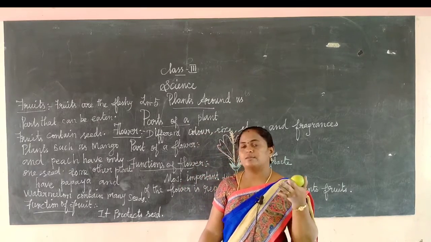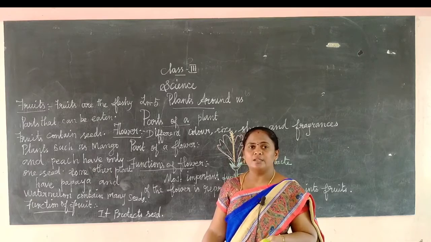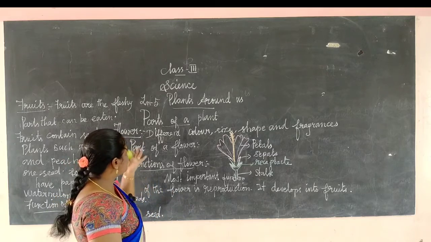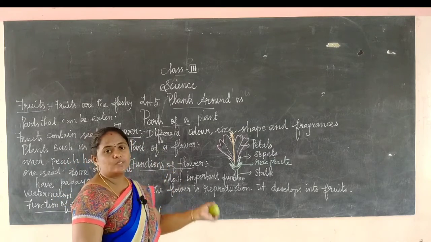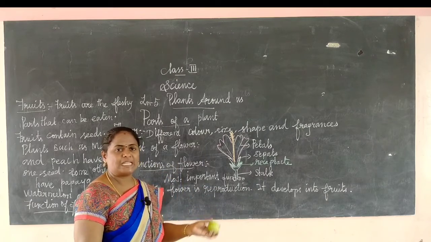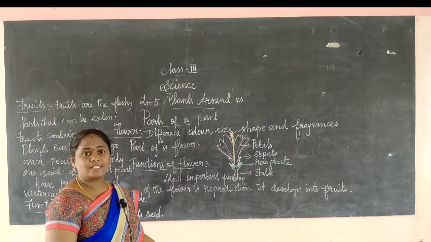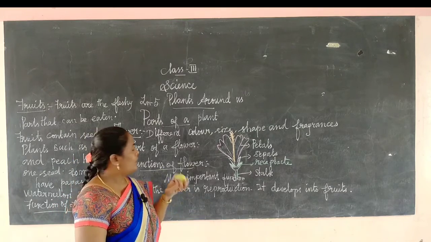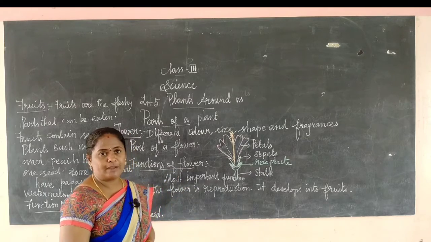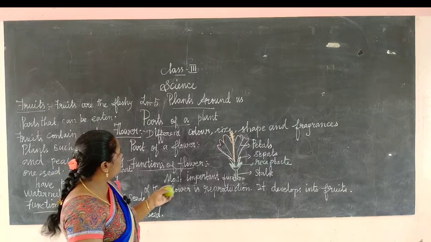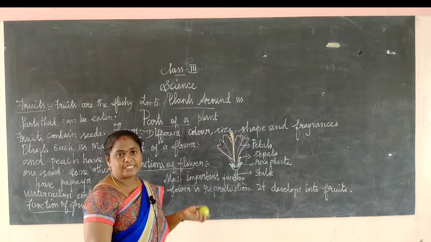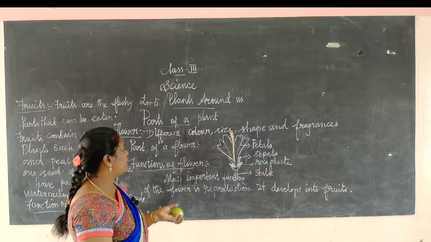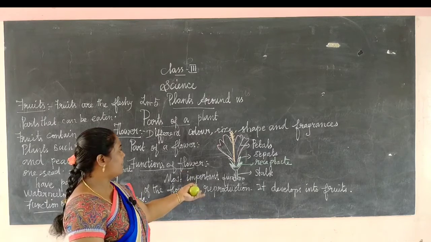So what we learn in this video: parts of the plant. Part 2, leaves, and then flowers and fruits. Okay, parts of the leaf and then parts of the flower. Next we learn the fruits. First we learn the leaves. Leaves are green in color, and different plants have leaves of different sizes, shapes and colors. And then flowers are the most important, attractive, beautiful part. Flowers of different plants have different colors, shapes, sizes and fragrances. Smell different இருக்கும். And then next we learn the parts of a flower.